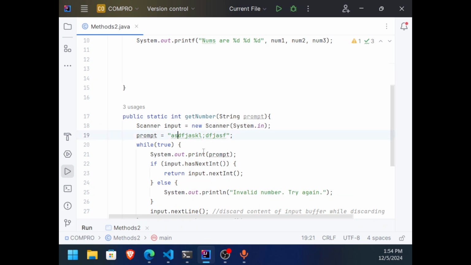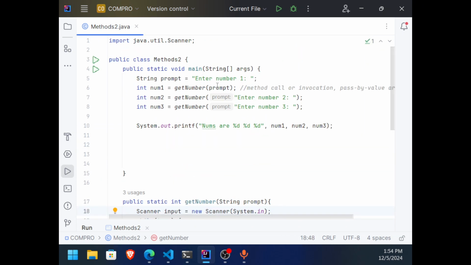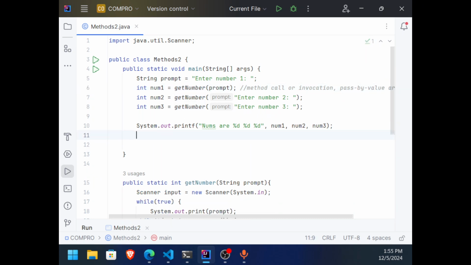And of course, what will be displayed here will always be whatever is placed here, because we have overwritten the value of this variable. I'm going to remove that. That's not necessary. Okay, in here again, we are passing the value of this variable to the method in this method call. Take note of those terms, guys. That will be necessary for you, especially when you will be working with other programming languages.